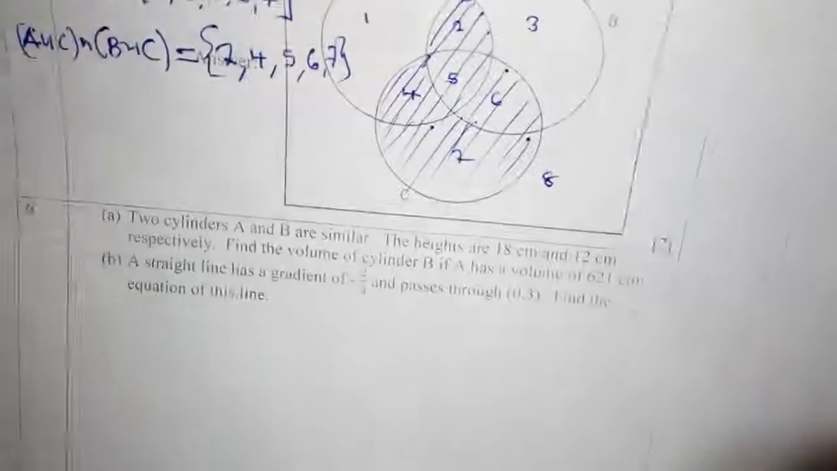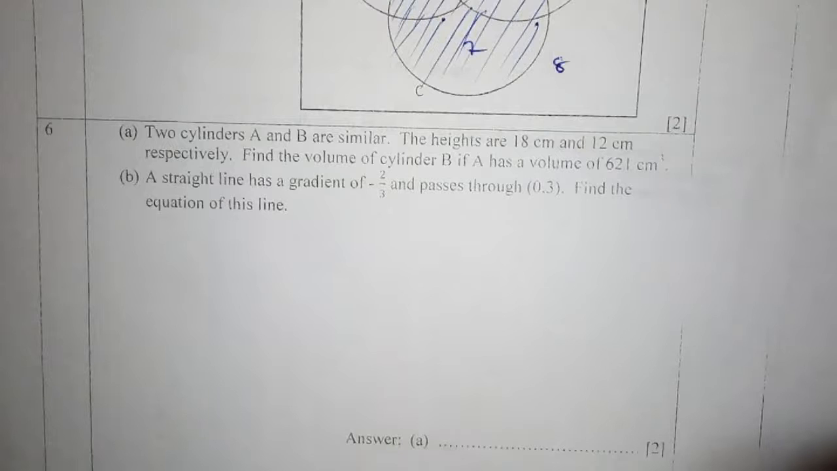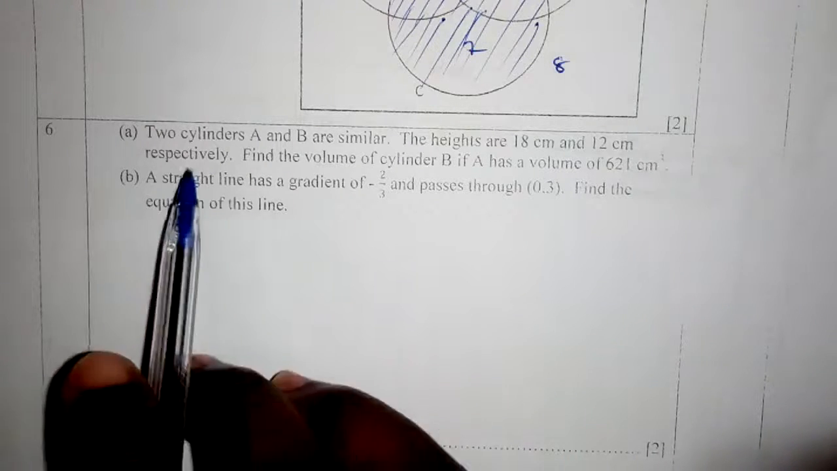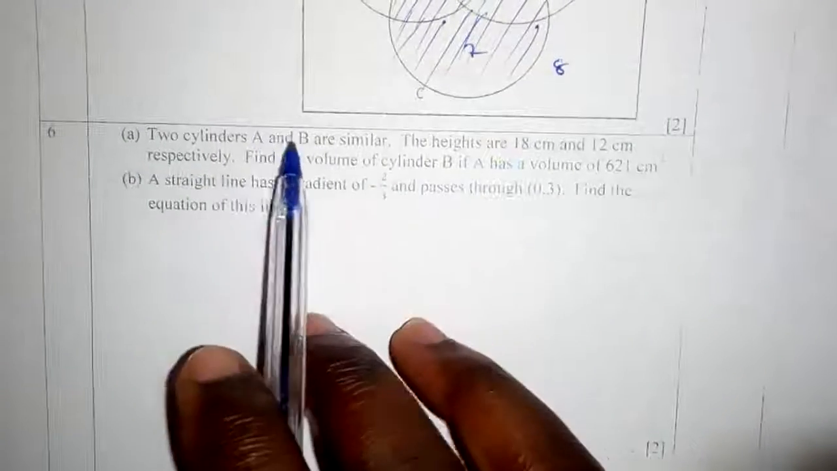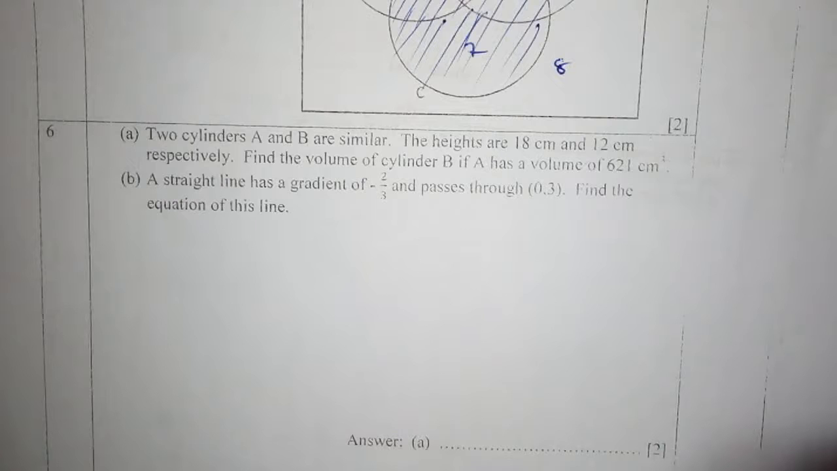Go to the next question. The next question says 2 cylinders A and B are similar. The heights are 18 centimeters and 12 centimeters respectively. When they say respectively, it means this is for A and this is for B. And then they say find the volume of cylinder B if A has